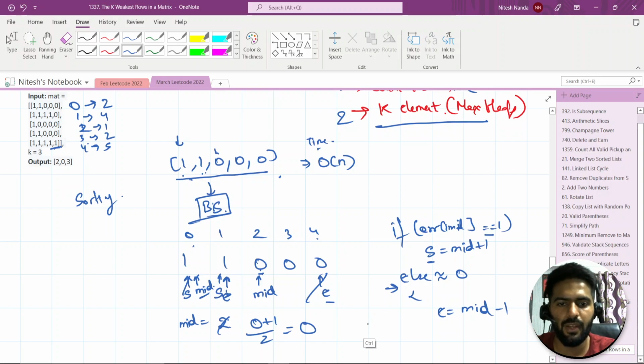Okay, now again you calculate the mid. So this is 1 plus 1 divided by 2, which is 1. So your mid is also here, and you will check whether this is equal to 1. So you will again increment your start. So start will come here,